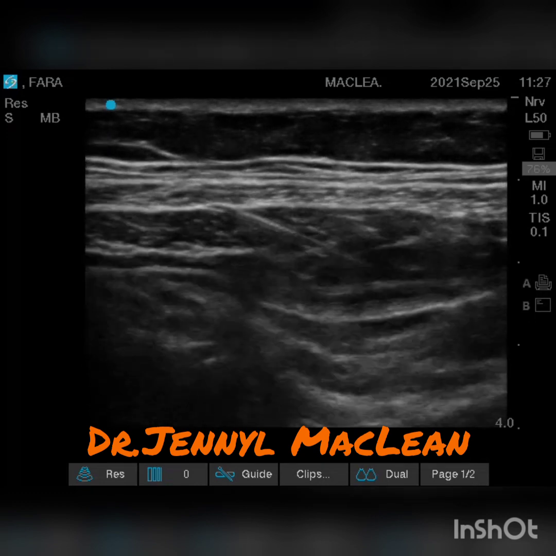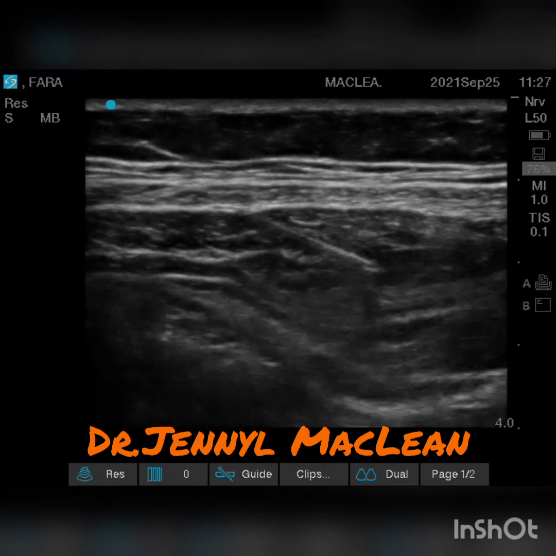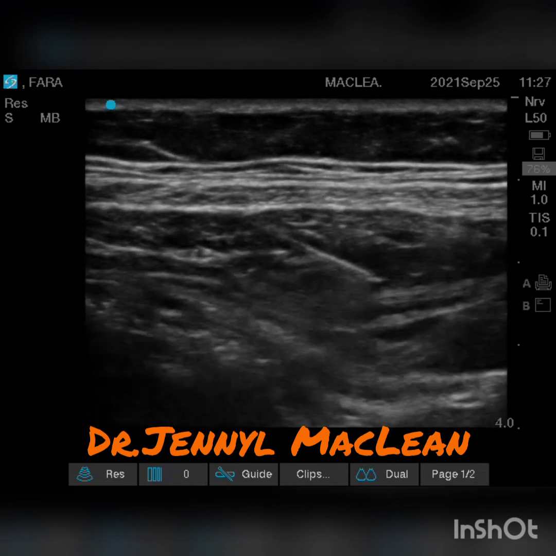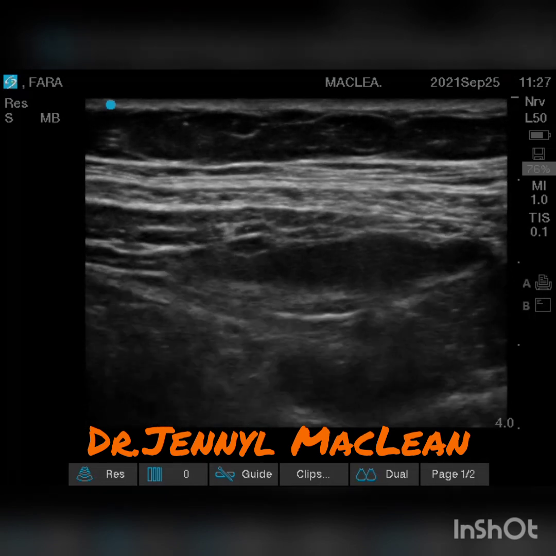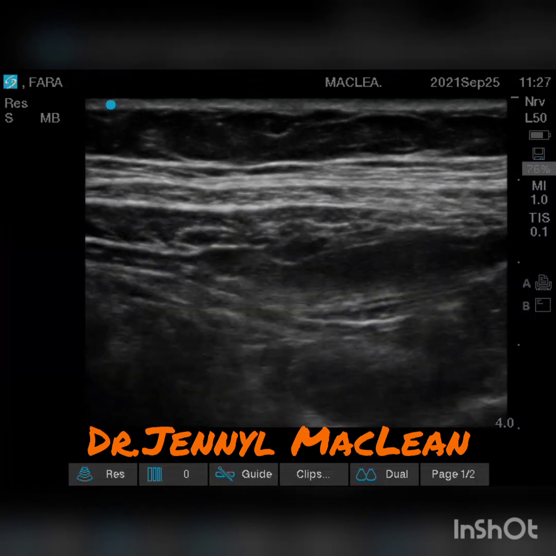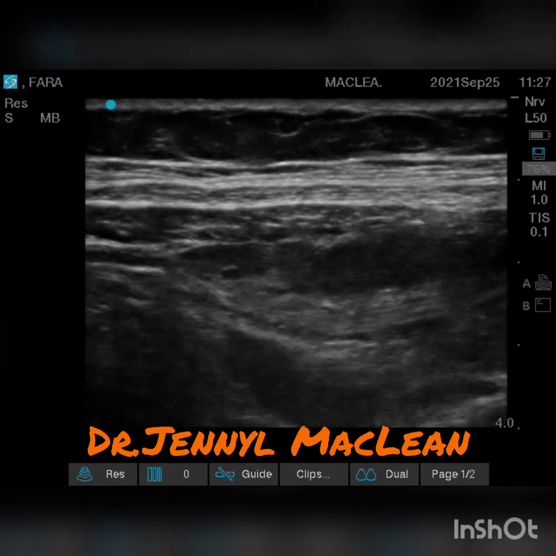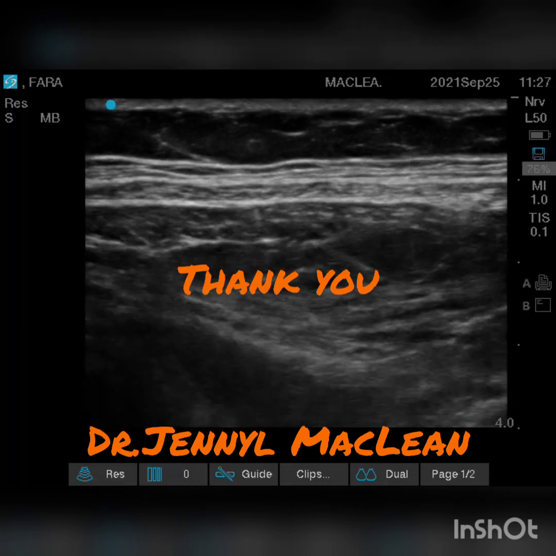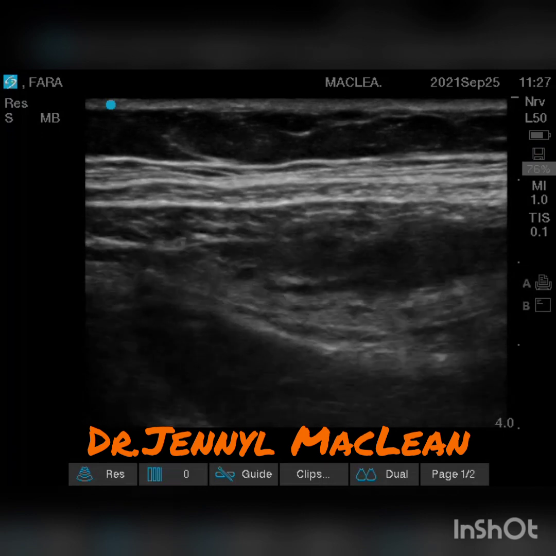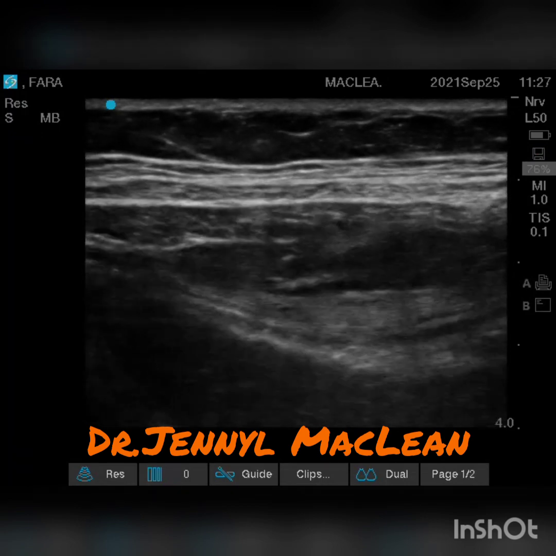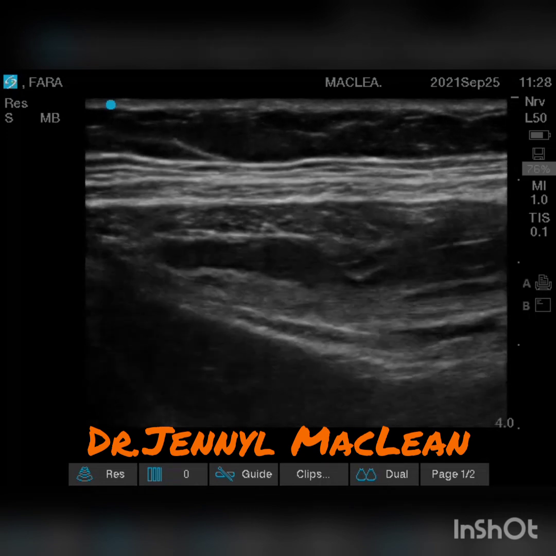If you get this sign, then it will be a very good positive block, rather than injecting into the internal oblique or the transverse abdominis muscle. That linear spread is a good positive sign for a successful blockade. Slowly, as you see here, the linear spread, I am giving further ml of local anesthetic.